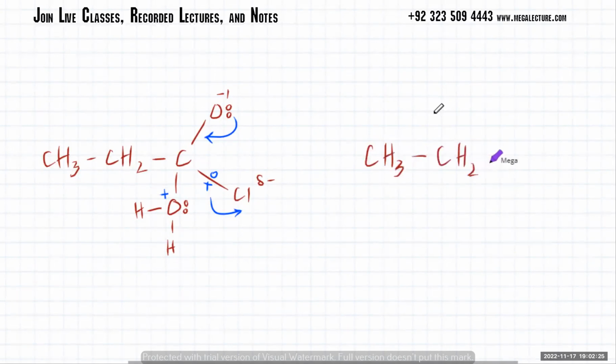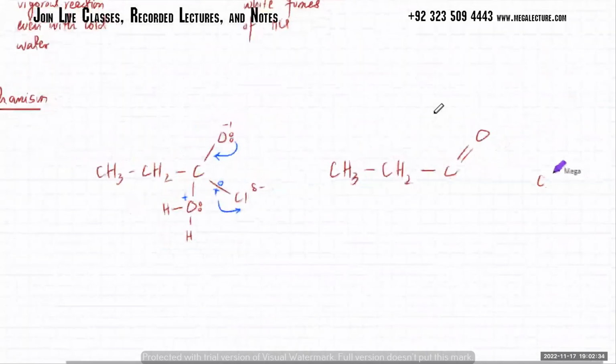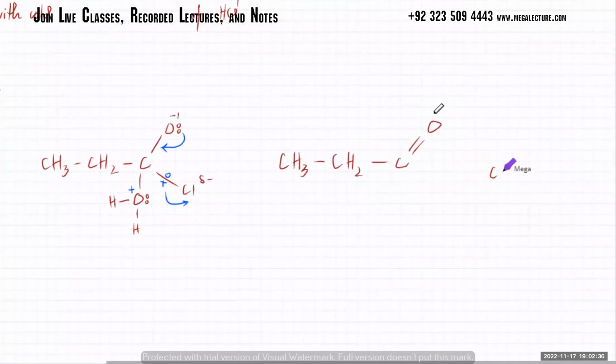Now what's happening is the carbon double bond with oxygen has been reformed. But the Cl has left. ठीक है, that Cl has taken electrons away and is gone. और वो नीचे ना यहाँ पे अभी भी water attached है, ठीक है। It's got a lone pair and it's got a positive charge, ठीक है।